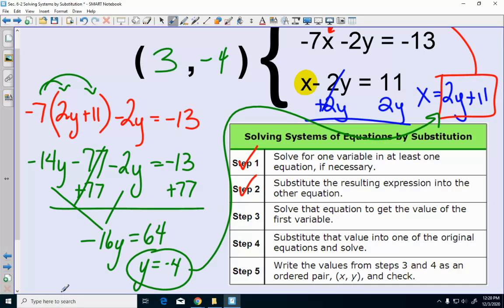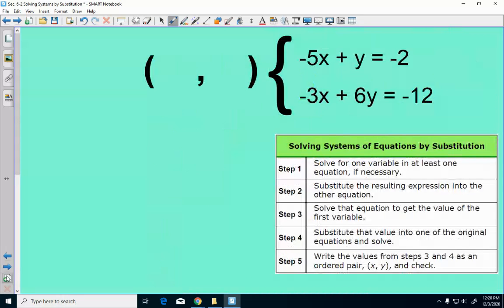The only way it could get worse than this is if all 4 of those variables had coefficients in front of them. And if that was the case, we wouldn't substitute. Are you going to give us the next one? Yeah. No. Because the next one, you should look at that right now and say, I'm solving for the top y. If they all have variables with numbers, coefficients in front of them, we're not substituting. There's another method that's going to make it easier for me. Okay. But for right now,